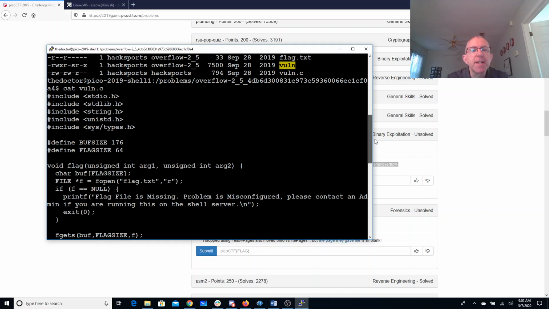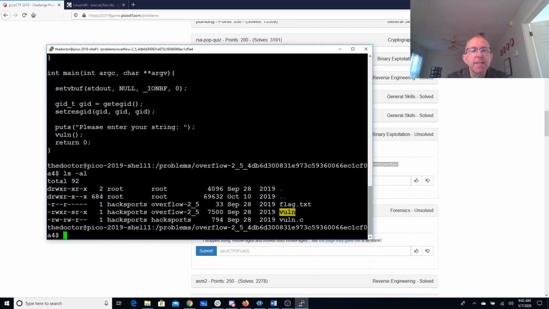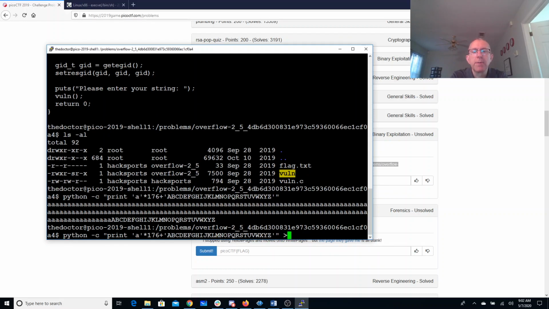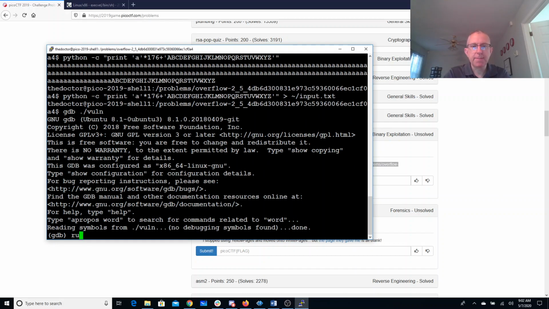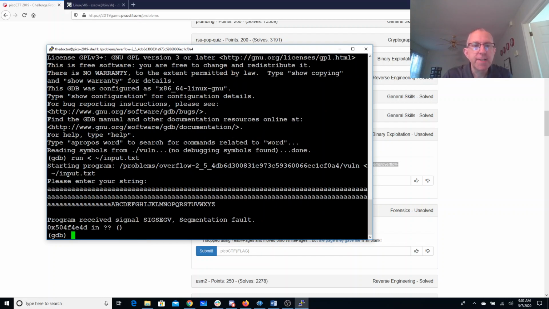So it looks like our buffer size is 176. So I'm going to say Python print, we'll do 176 A's followed by the alphabet. All right, we'll put that in here. Now when I run this program, I'm going to say run with input txt. And you'll see I received a seg fault at